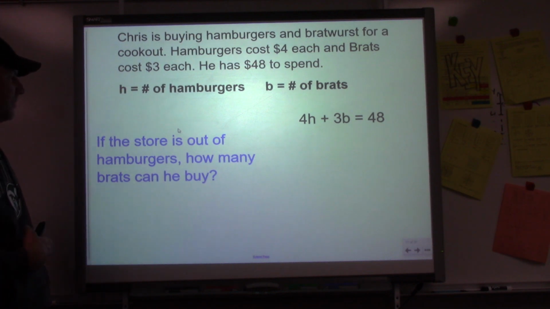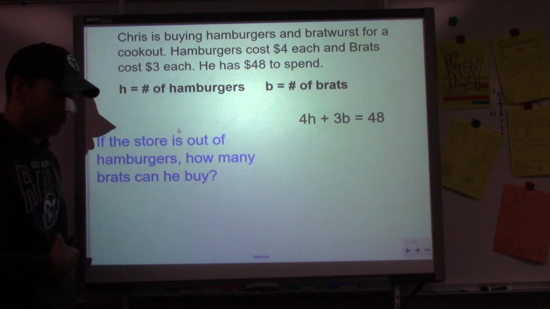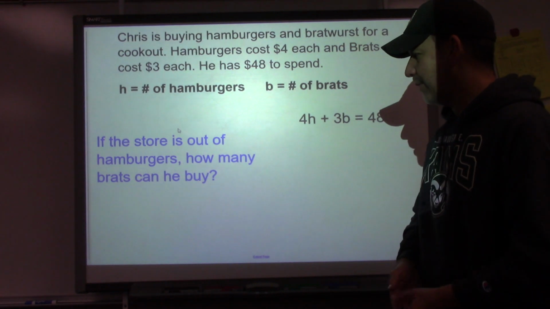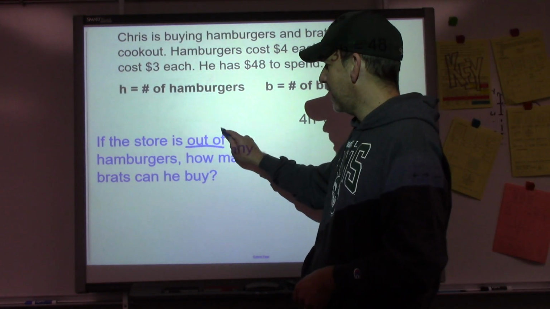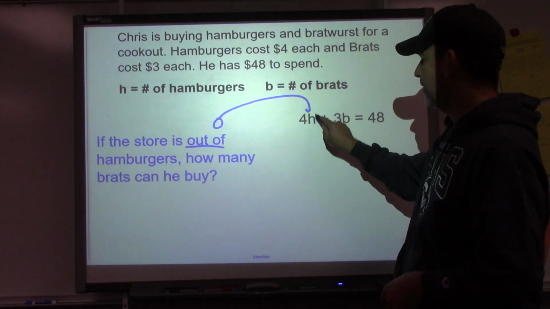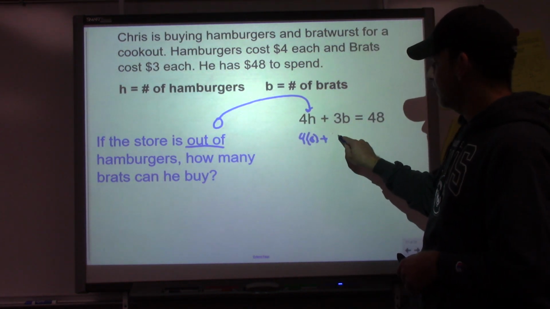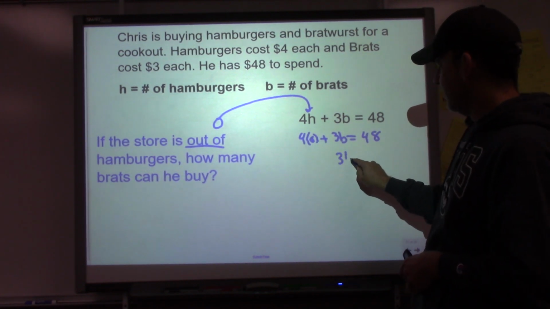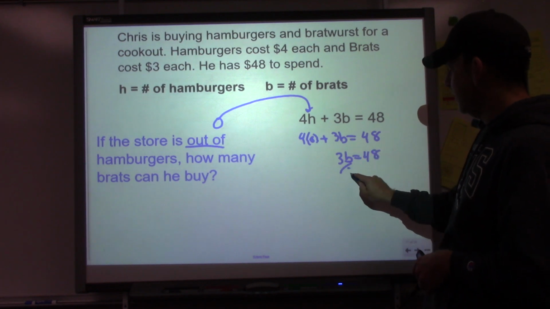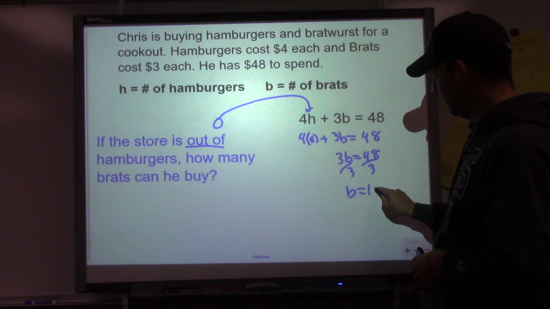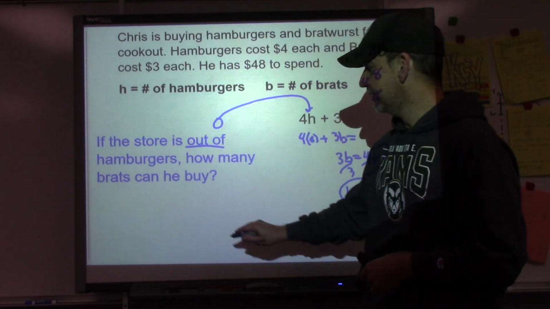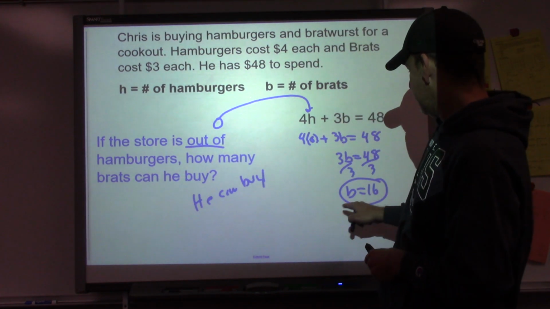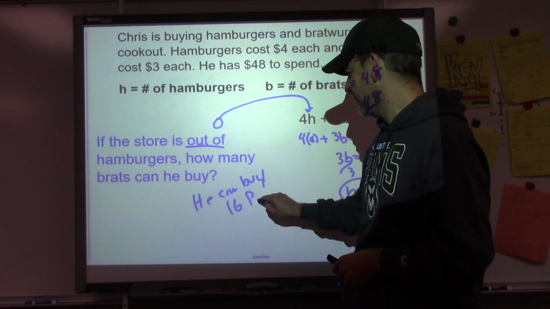All right, if the store is out of hamburgers, how many brats can you buy? This is one that gets people because they're like, Mr. C in France, you didn't give me a number, but I did. Out of hamburgers means I can buy 0 hamburgers, so I plug a 0 in there. So I get 4 times 0 plus 3b equals 48. That's 4 times 0 is 0, so I basically just have 3b equals 48. Divide by 3, divide by 3, b equals 16. And then we write a sentence. He can buy 16 brats,